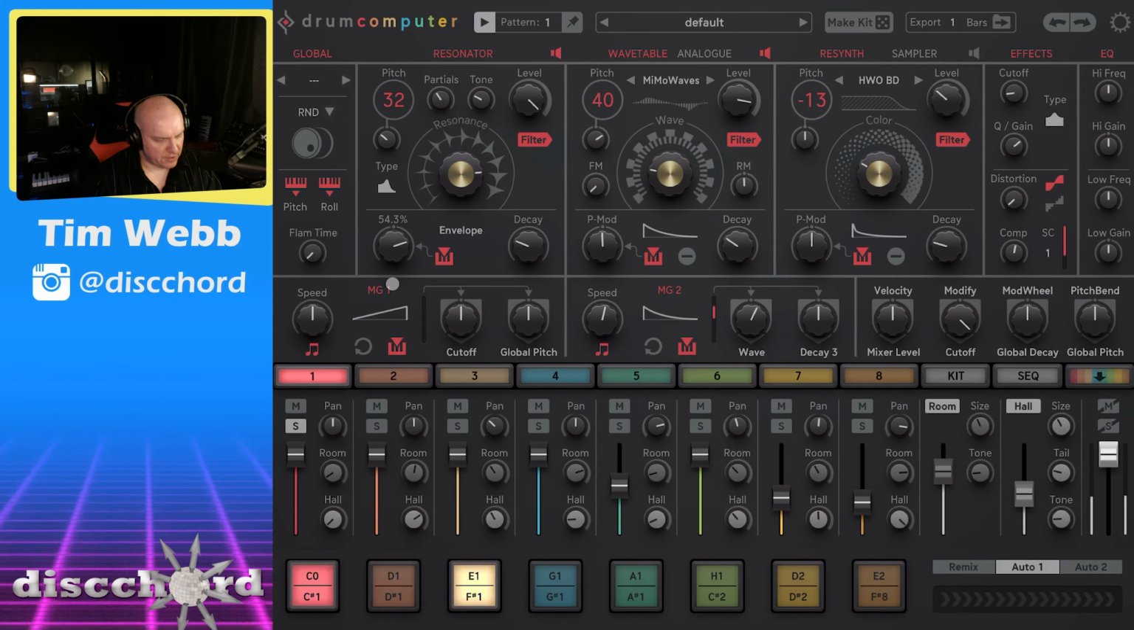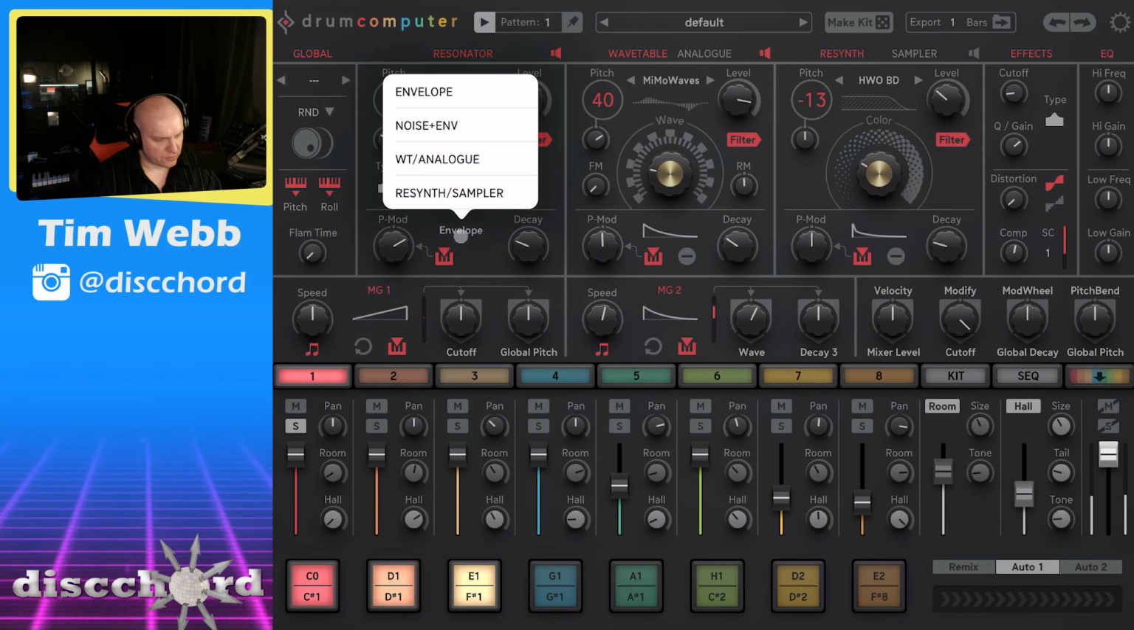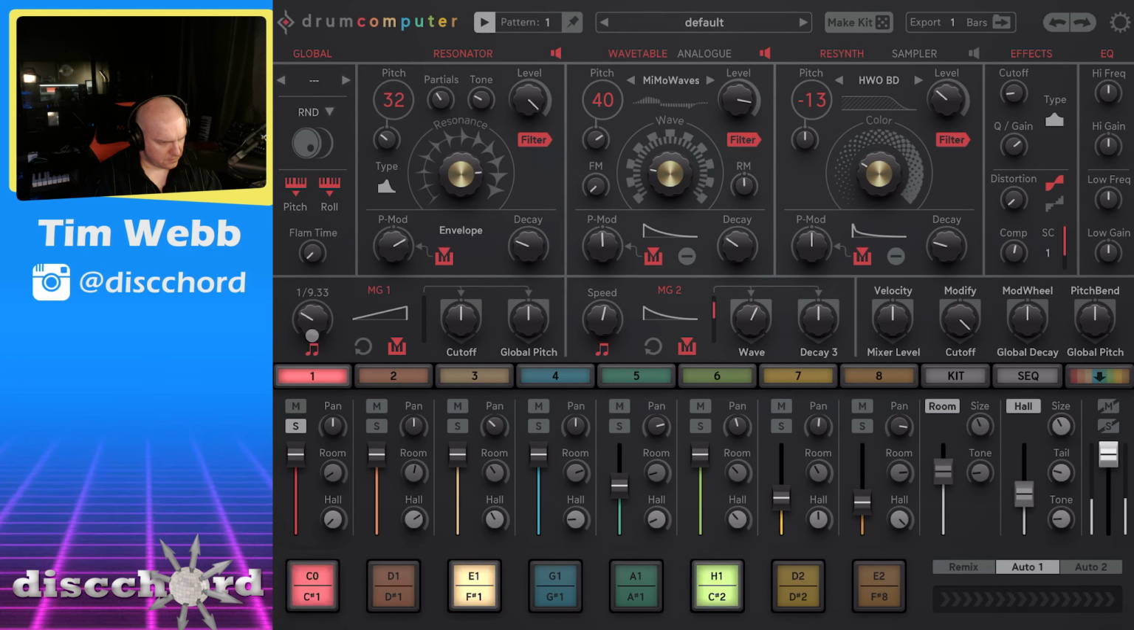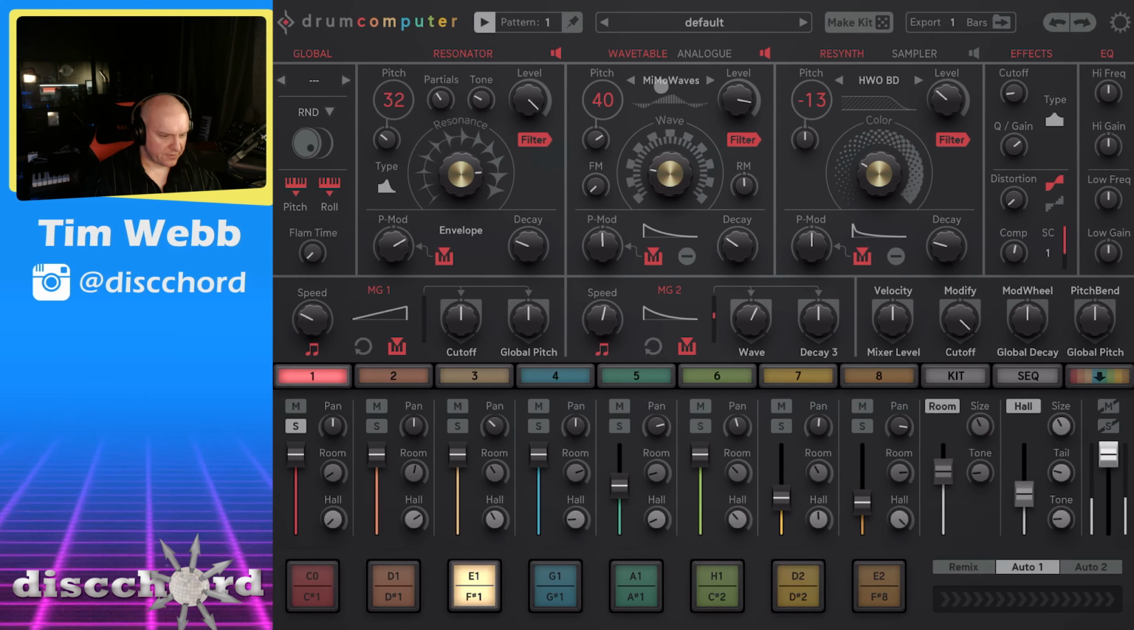We can get into some more creative stuff here with the Resonator if we want to screw around with the pitch mod, which is again using the envelope here as its source, and we can change that if we want to. But it's using, I imagine, this one. Oh yeah, that is sounding really nice. All right, so together we're hearing